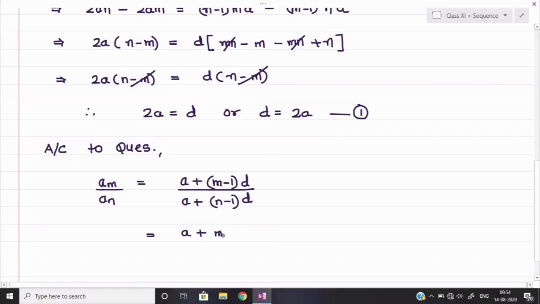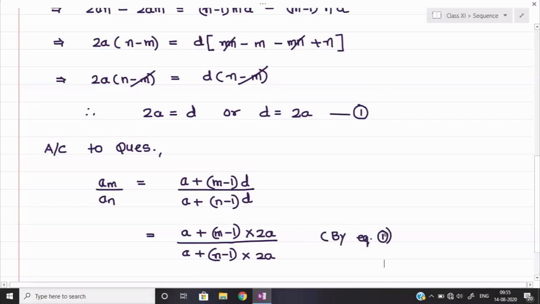In equation number 1, you see the value of d, we have 2a. So I am putting here 2a as the value of d. Or else you can put the value of d as a by 2 also, but it will create a fractional value and hence the complication will be more difficult. So let us put d is equal to 2a. So a plus n minus 1 into, again it will be 2a, right? Now this reason we can give by equation number 1.